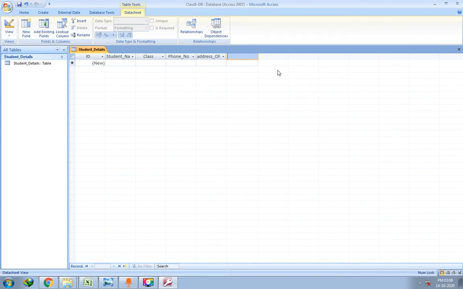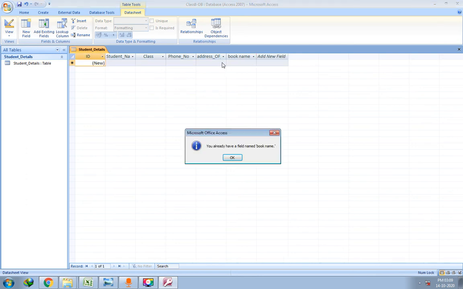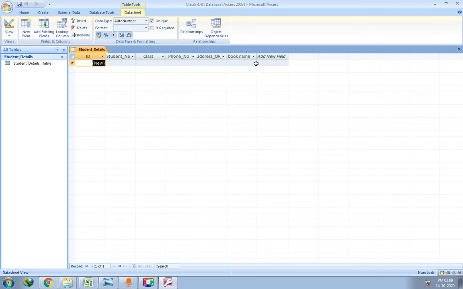The fourth rule is it cannot start with a blank space. Blank spaces are allowed, but you cannot start with a blank space. What does it mean? It means you can write book space name, one field, book name. You can write like this, it is allowed, but you cannot write spaces and then book name. It is not allowed. So basically you cannot start with a blank space. This is the fourth rule.